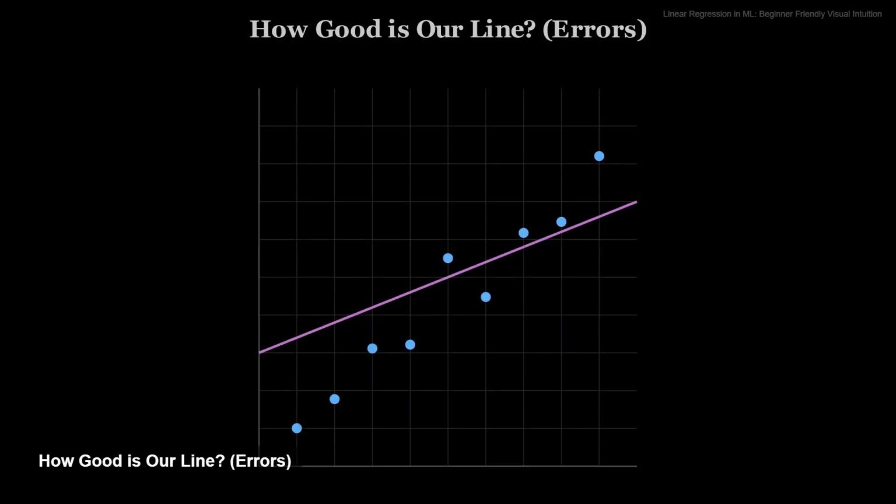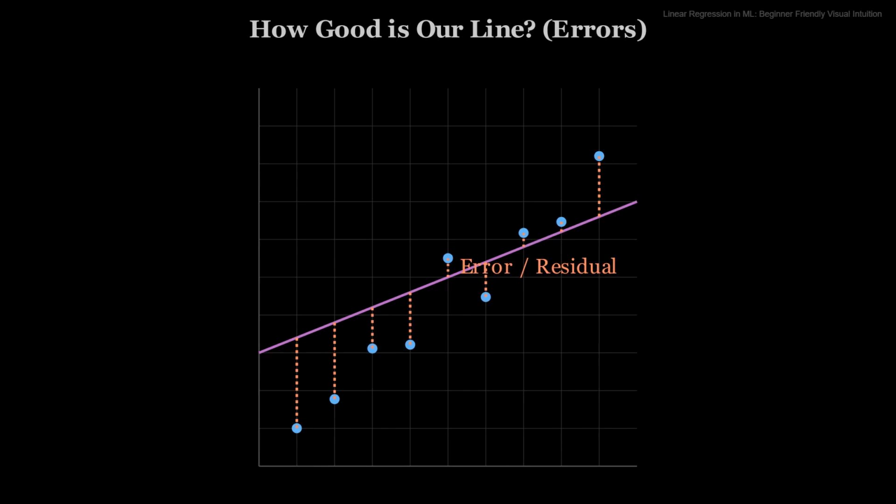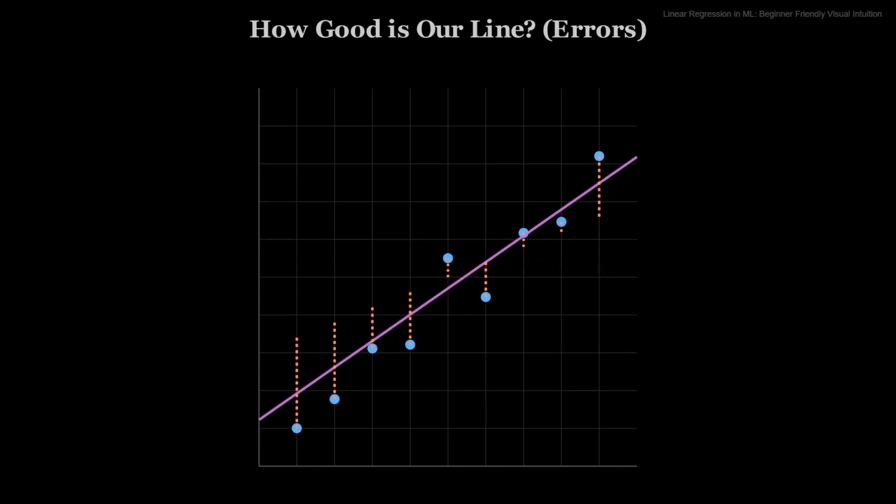So, how do we determine if our line is a good fit? We measure the distance between each actual data point and the line's prediction. This vertical distance is called an error, or residual. If a point is above the line, it means our line underestimated the score. If it's below, the line overestimated. Our aim is to minimize these errors across all data points. A line that has smaller errors for most points is generally considered a better fit, as it makes more accurate